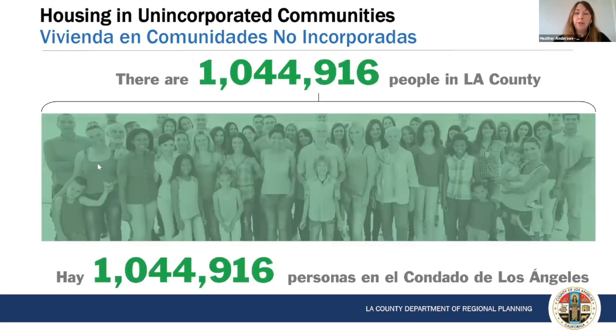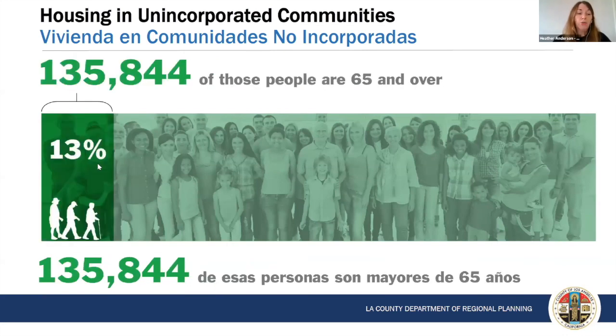There are more than 1 million residents living in the unincorporated communities of LA County. Of those residents, approximately 13% are over 65. From 2010 to 2019, the senior population in unincorporated communities grew by nearly 30% and is expected to keep growing. The rise in senior population has resulted in a demand for smaller, more affordable housing, accessible design, in-home supportive services,